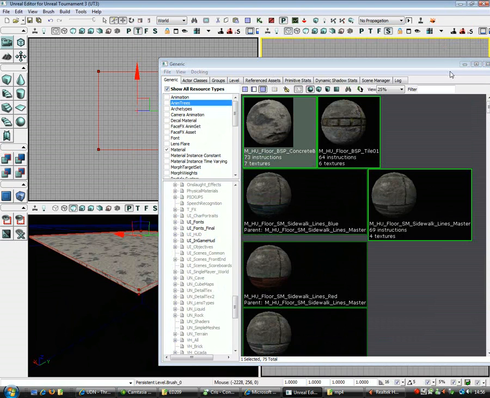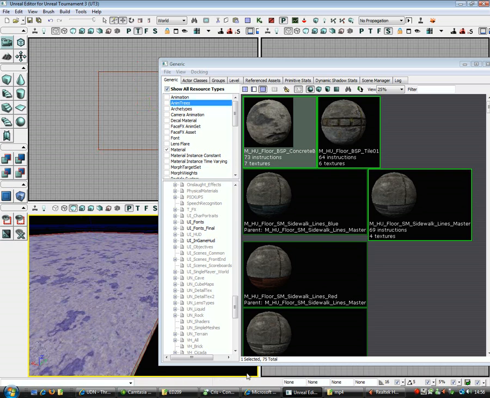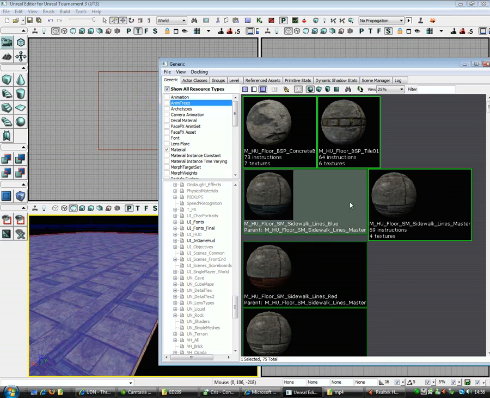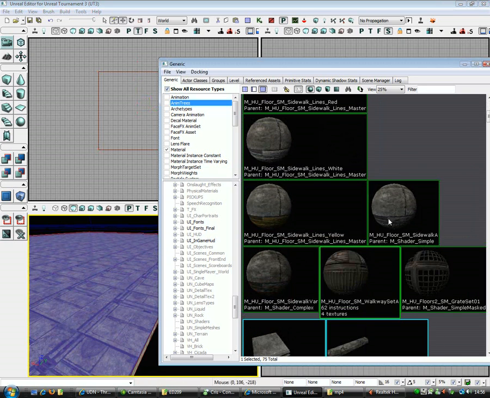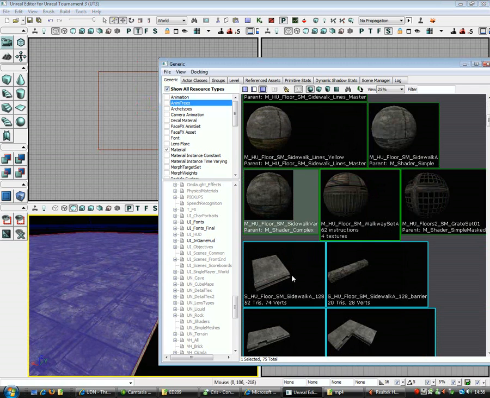I'm going to turn it here so I can see the visible. Well, it's a bit of a nasty texture if you ask me. Let's see if there's anything actually that looks only half decent in this package. And it might take a few goes to find something that you like, because not all of these texture packages